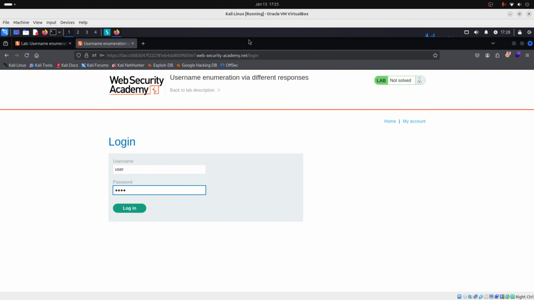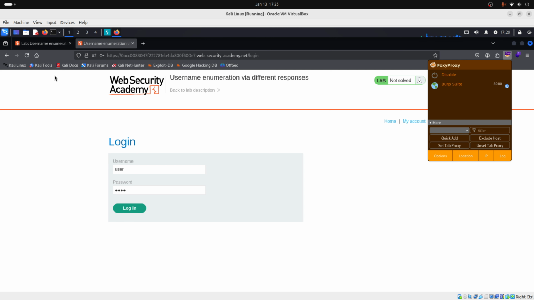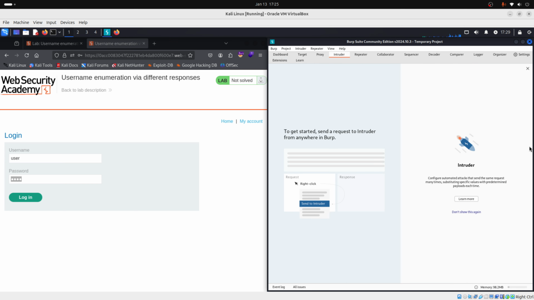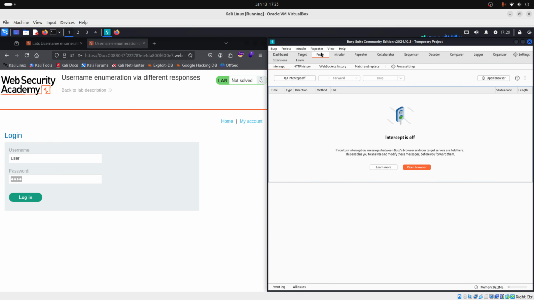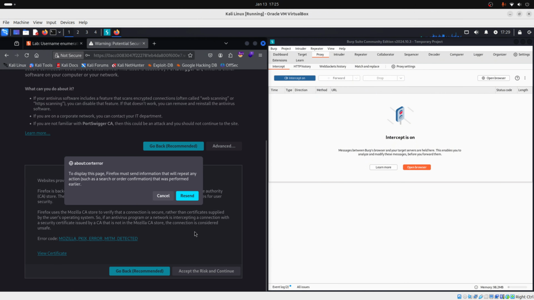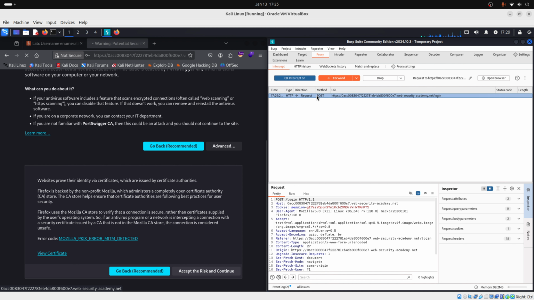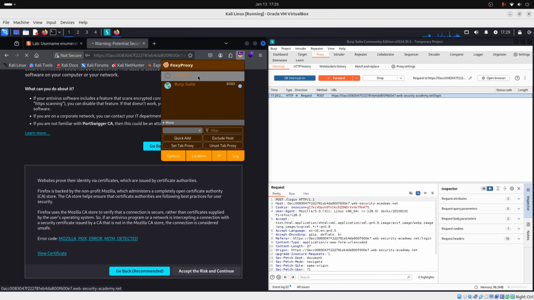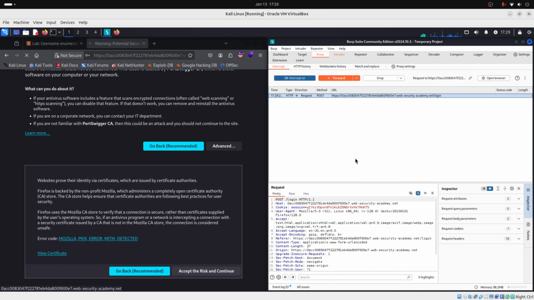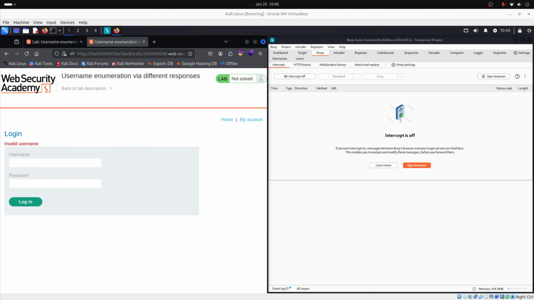Now we will enable FoxyProxy here, and let me just put this on the left side of the screen and Burp Suite on the right side. And we will go to Proxy and turn on our intercept. And we click Login, Advanced, Accept the risk and continue, and resend. And as you can see, our request was captured. Now we can disable our FoxyProxy and right-click on our request and send to Intruder. Now we can turn off our intercept because we don't need it anymore. Now we go to Intruder,